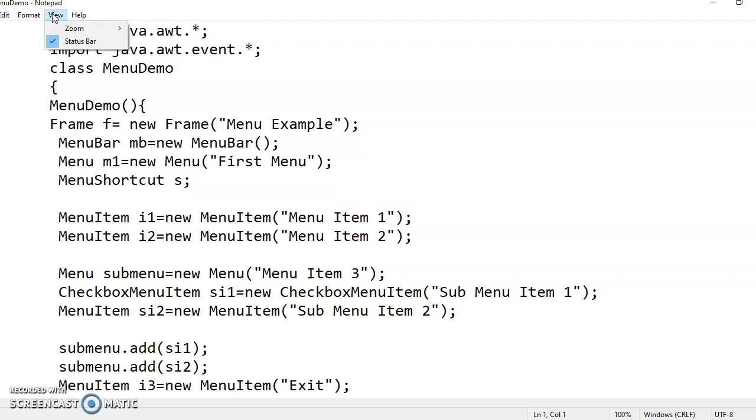The other thing which you can find under a view menu is that the view menu has two menu items, zoom and status bar. These are something different from what we have seen. When you click on the zoom, you find another list of menu items. So what we are actually creating is a hierarchy of menus. Inside a menu, we have a zoom menu. So zoom is the sub menu of view. View menu has a sub menu zoom, and zoom sub menu has different menu items: zoom in, zoom out, restore. So this is a new type of thing which you can create in Java.